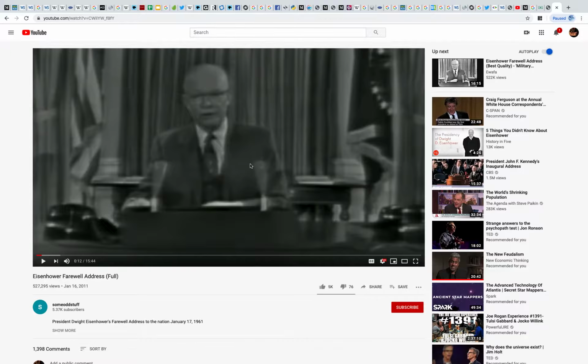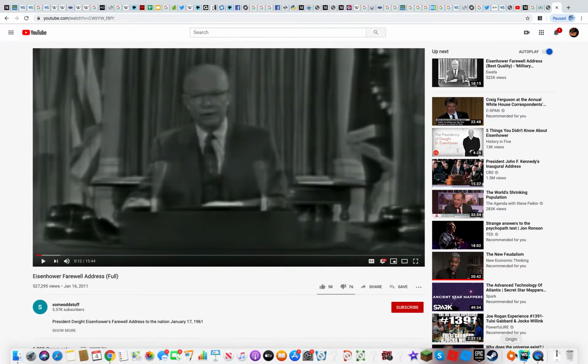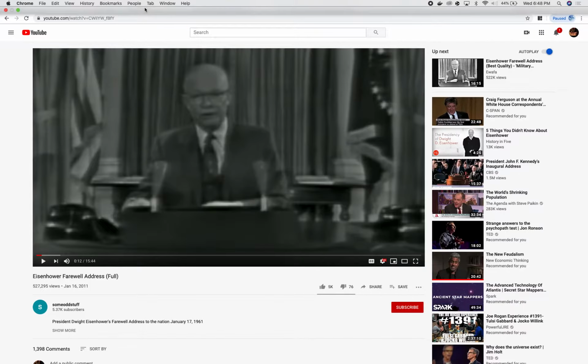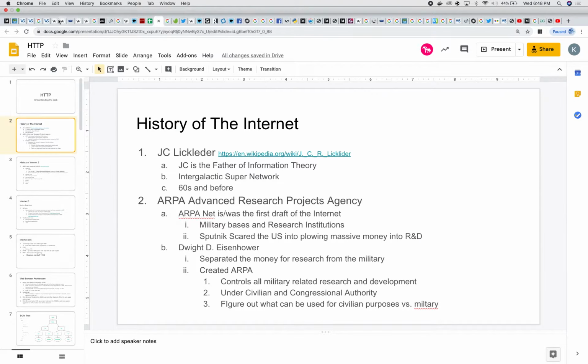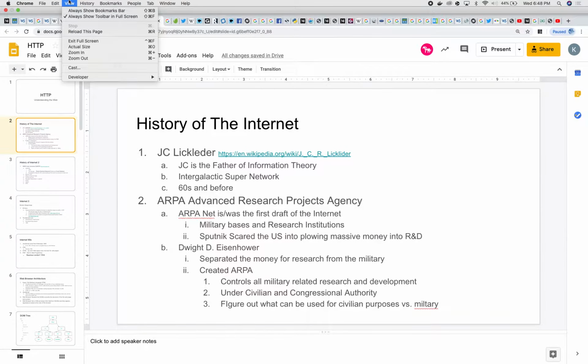We don't need to go through it, but it's like 15, 20 minutes long. And it's one of the most unique farewell addresses of any president ever. This is like the most unique one. And the reason is because he goes through it where, let me go back to my presentation here. He says that basically, you know that old saying, Houston, we've got a problem? And his problem that he was calling Houston about was the